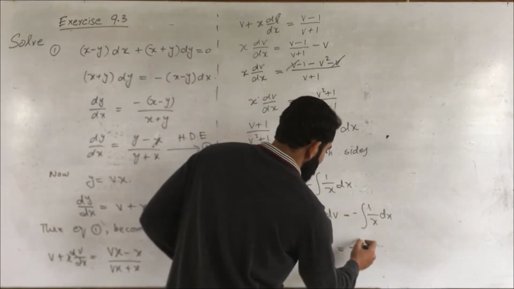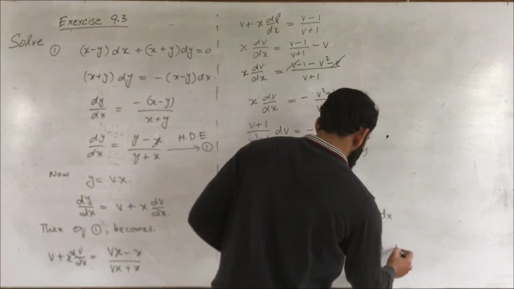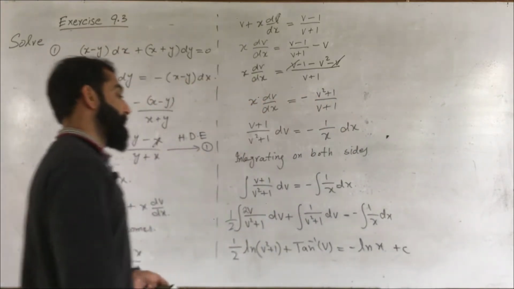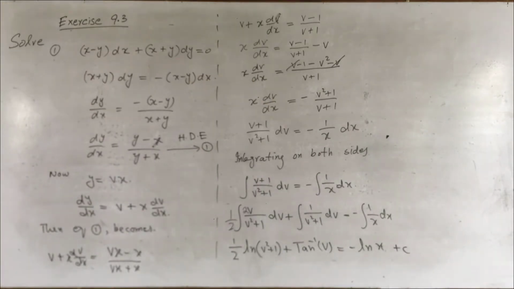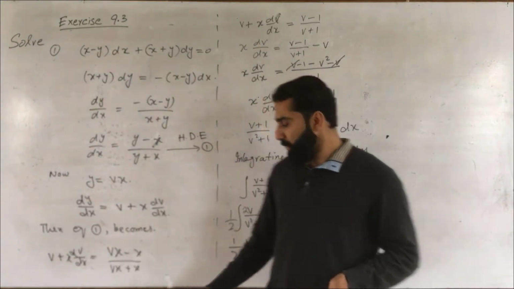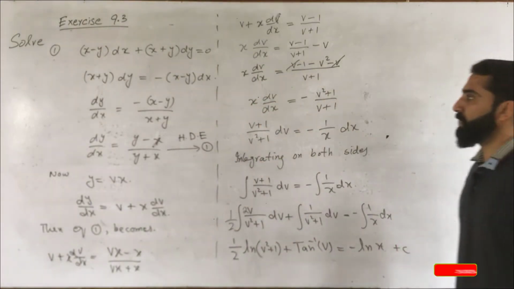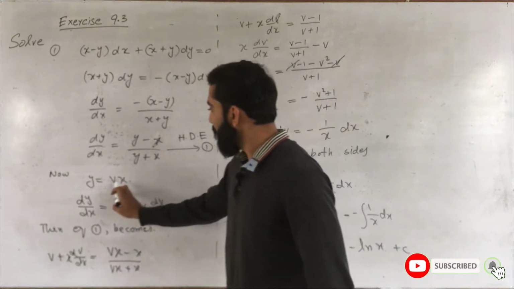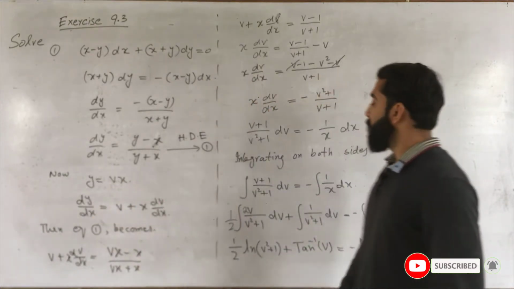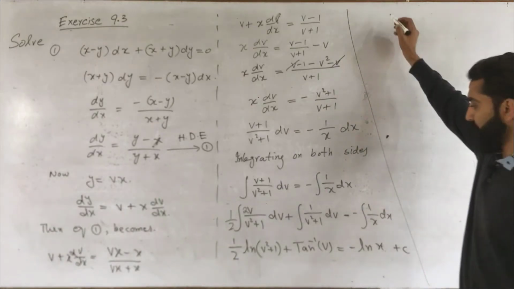is equal to minus natural log of x plus c. This is done and our solution is here, but we have to put the value of v back in this equation, which is v is equal to y over x. So after putting the value of v, we can have